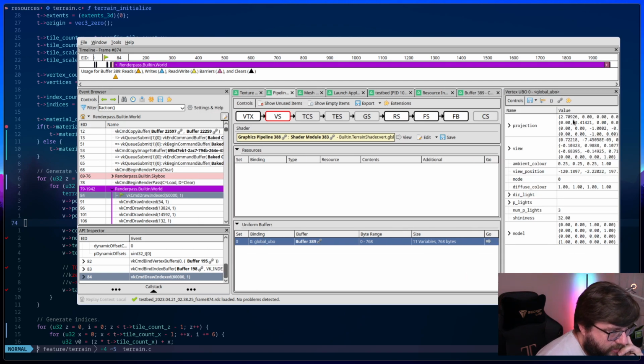Here we go. So our projection is... I mean, our projection looks valid. Our view... The view looks valid. Model is just identity. Oh, wait a minute. No, it's not. Wait.